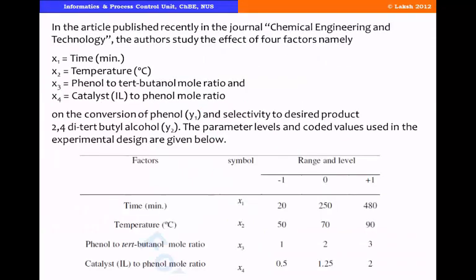Now, this problem comes from an article that was published recently in Chemical Engineering and Technology. I was a reviewer for this paper, so I got a pre-look at it, and I took up the problem from there. The authors consider the effects of 4 factors on the conversion of